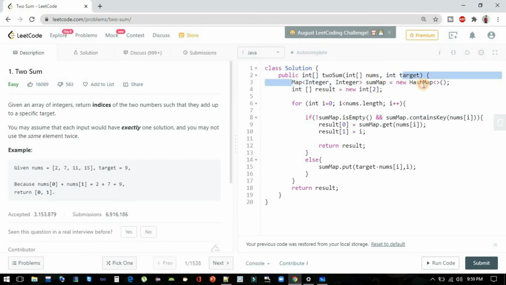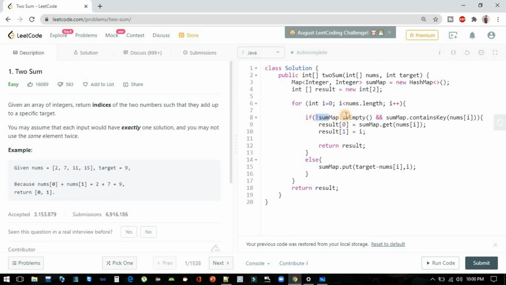First we have initialized our map, which we have named sumMap, and it is of Integer and Integer. Key is integer and value is also integer. And we will also need one result array of length 2, similar to what we did for brute force. Now this is our single loop from 0 to array length.